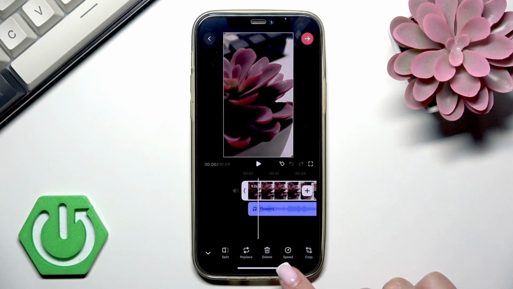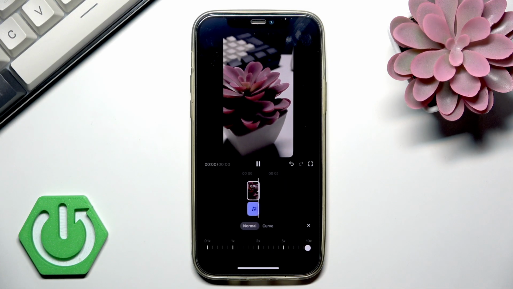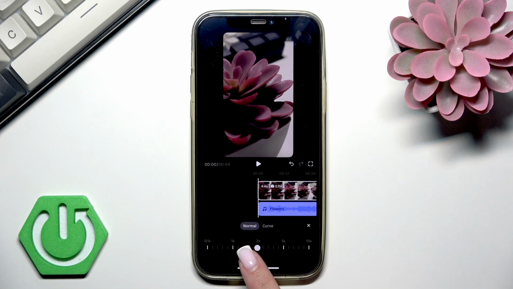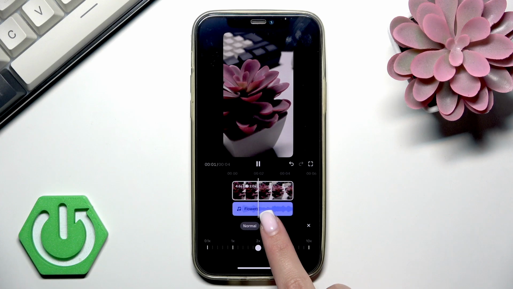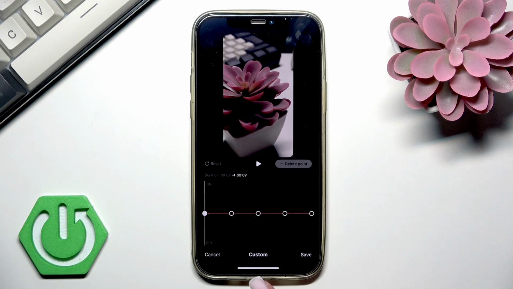So what we need is speed, and here you see this white circle that you want to move to basically change the speed of your video. So it can be even up to 10 times. It could be like this, or you can select the curve and, for example, change the speed of your video